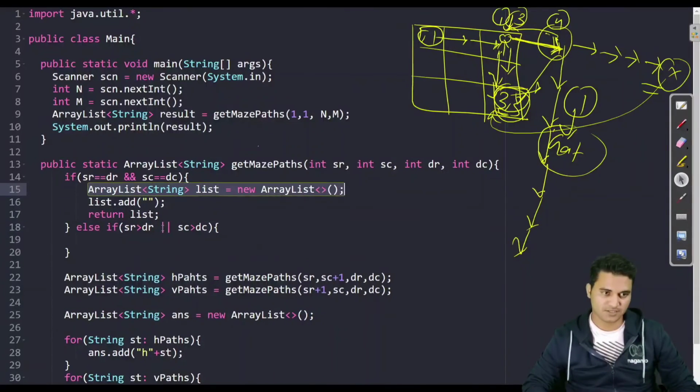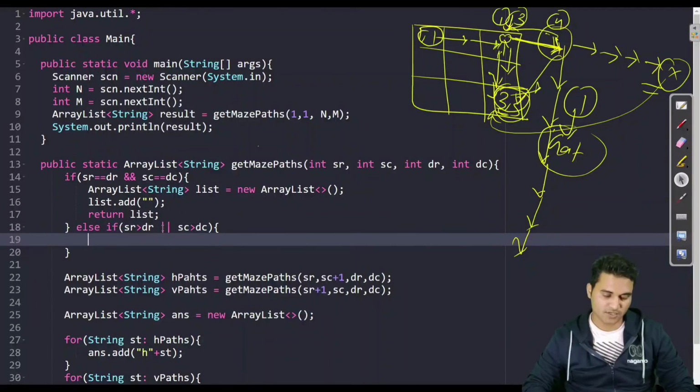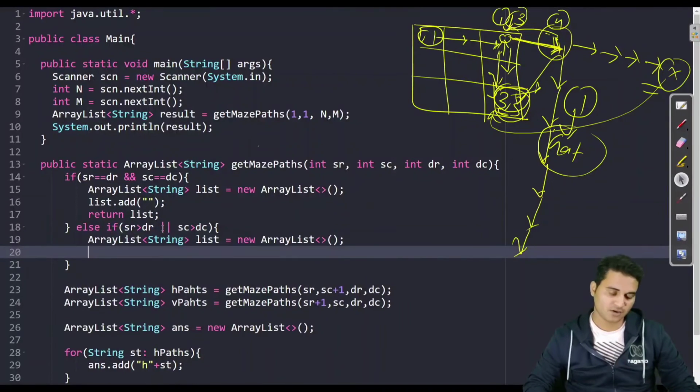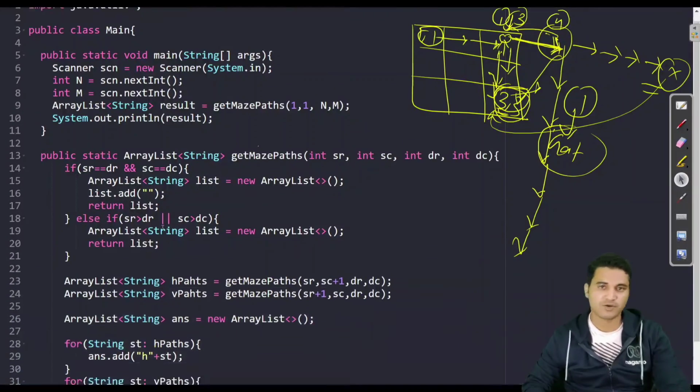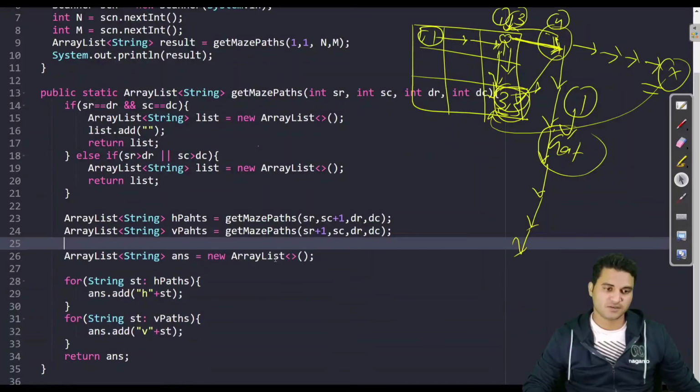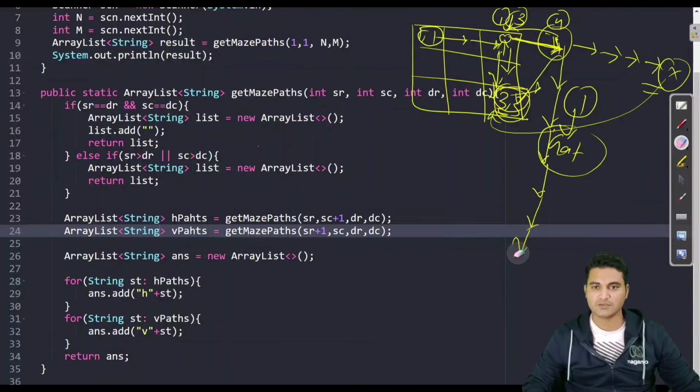So create the list, because you cannot directly return anything. You cannot return blank here. You have to return an array list. An array list can be blank. Fine. So the code is done. Yes, the code is done. Let us now try to execute this code.